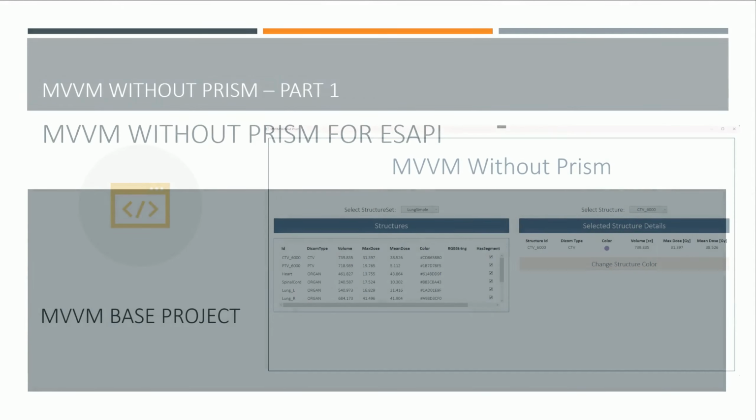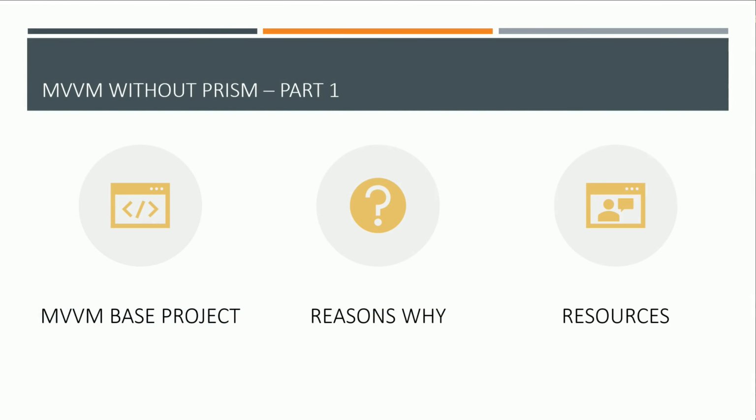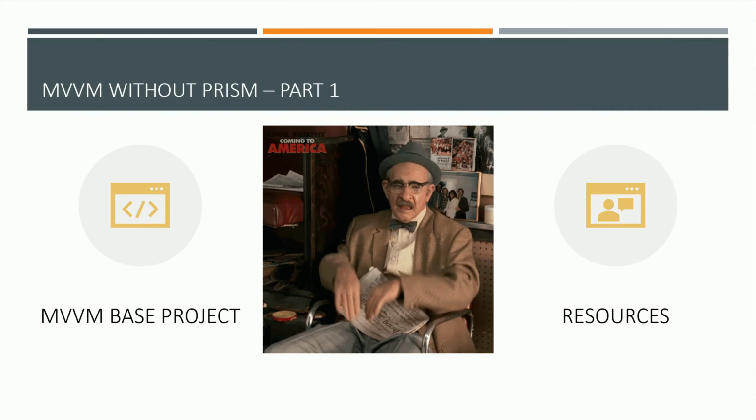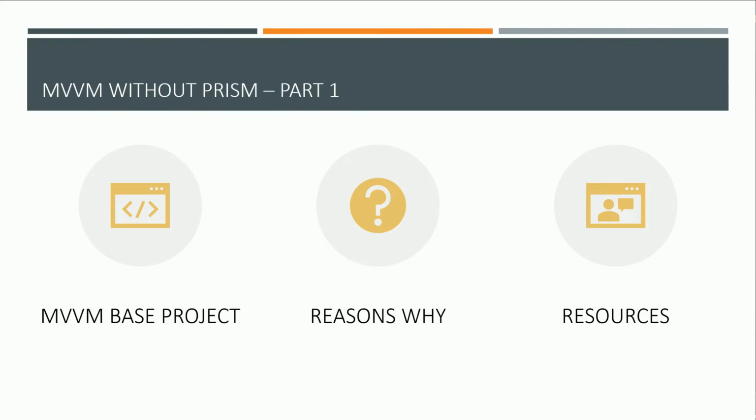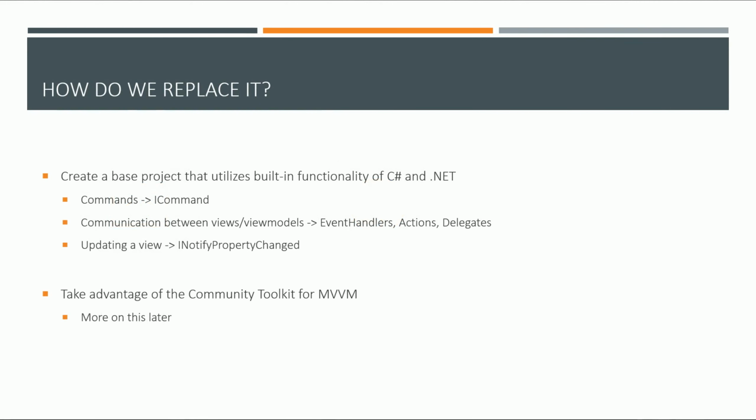We've already gone over what the new project will look like. We're not really going to touch on reasons why, but once you've come to the conclusion that you don't want to use Prism, we need to talk about how we're going to replace it. Instead of their delegate command, we're going to have our own implementation of ICommand. Instead of using Prism's pub/sub event for communication between views and view models, we're going to use event handlers and